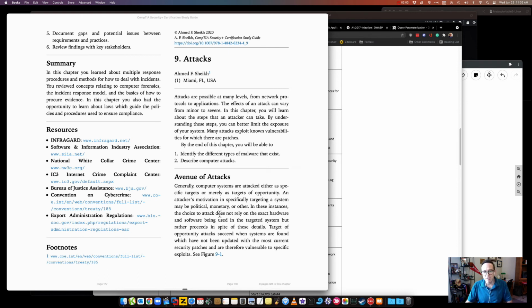A lot of times it's monetary. This is probably what it is. And we can look at that as, yes, money, ransomware. Pay me money, pay me Bitcoin. Or it could be data. That data could be worth value on the dark web. So extracting data. And someone could be hired to get